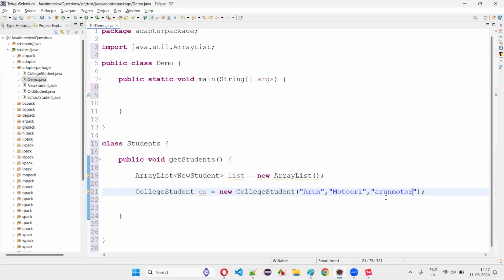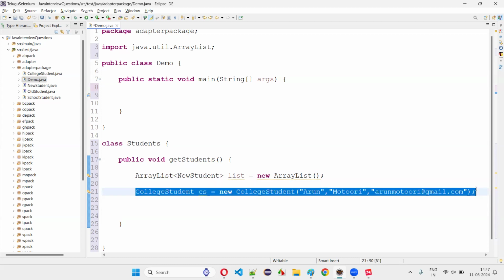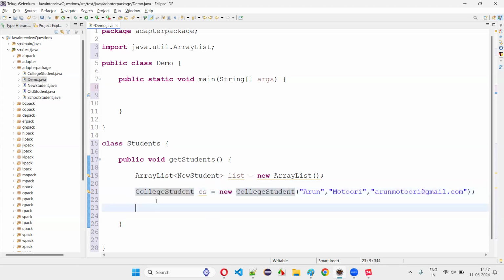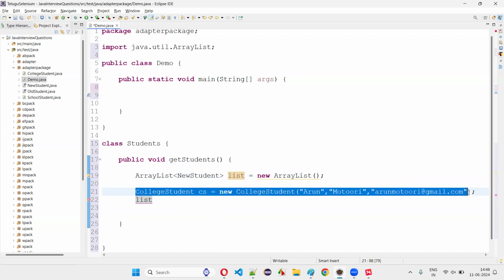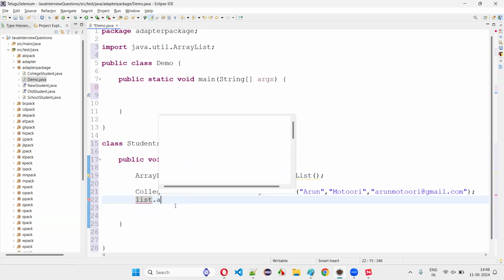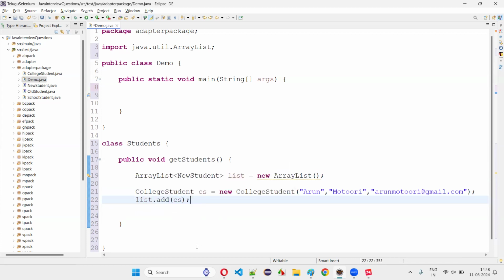And here Arun Motori @gmail.com is there. Once I create an object for the college student, these values will be initialized and one college student will be created. Now I would like to add the object of this student to the array list. For that, I'll say this dot add of CS. There will not be any problem because this college student is implementing the new student interface. But what if I try to add the student using the school student class, which is implementing the old